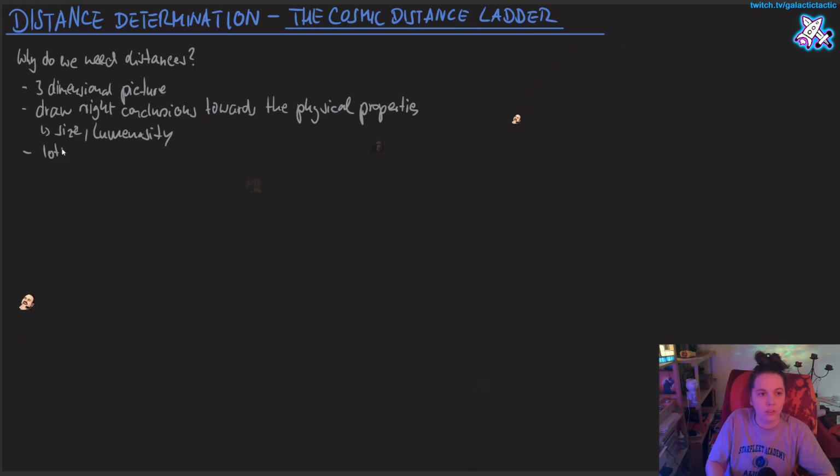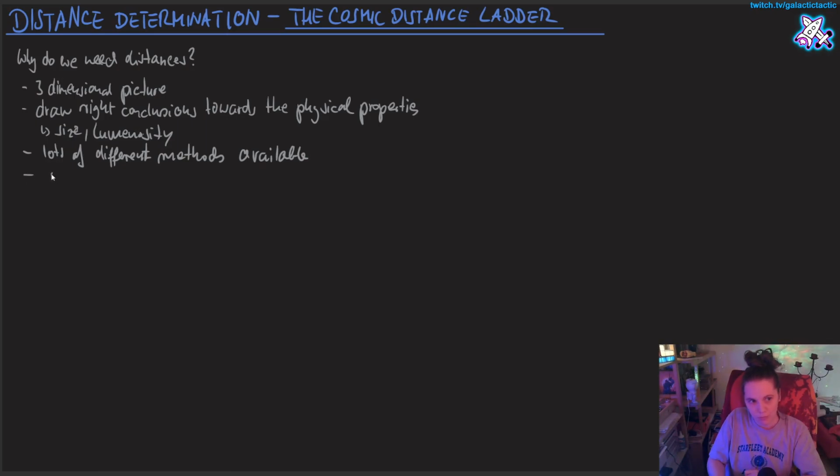Lots of different methods available. And that depends on the objects. Not all of them are suitable for all the objects, right? There are different objects we can use for that, like star clusters, planetary nebulae, single stars, whole galaxies even. And depending on the objects, we can use different methods.